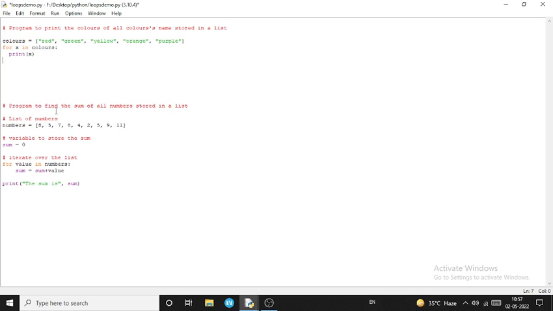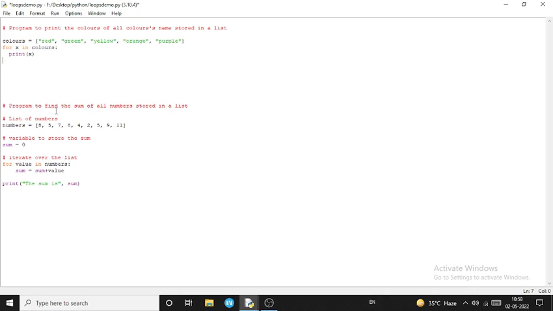And for separation of all numbers, I use a comma, and a variable to store the sum. For this, sum is equal to 0. I am using sum equal to 0 because in the starting the sum is empty, so we take sum equal to 0.